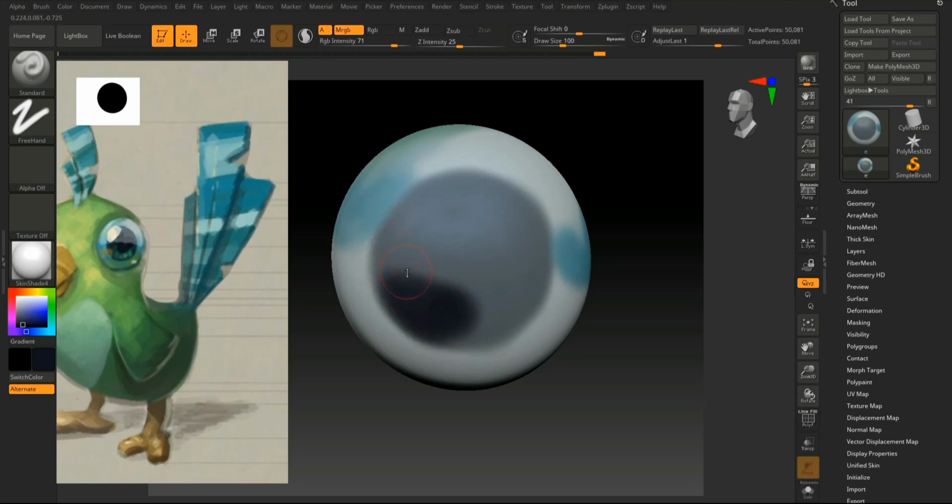As you can see, I have decreased the intensity here, and also the draw size and focal shift size. So I'm focusing on this image, so I'm able to draw well. It's going to be the same process. When I need those colors,